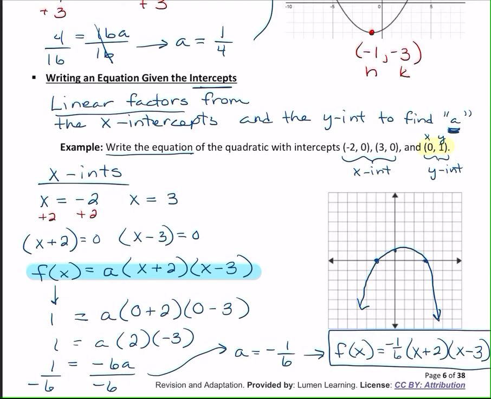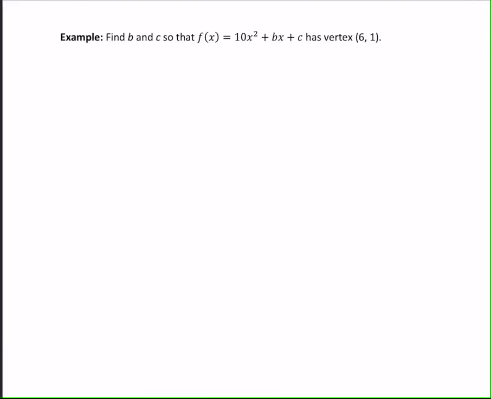Okay, our last example in this section is to find values of b and c so that this equation is true for the given vertex. Now, if you follow the videos that go along with your homework, they show you a different method. So if you want to look at that, you can. I'm going to show it to you slightly different. It gives us our vertex, and we know what A is. So I think the easiest way to do this is to actually use the vertex form,